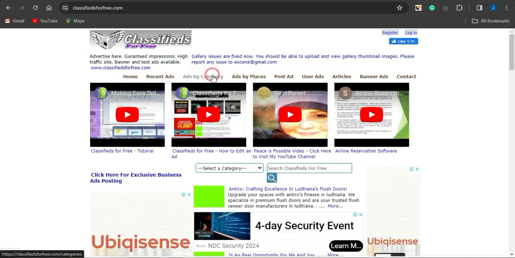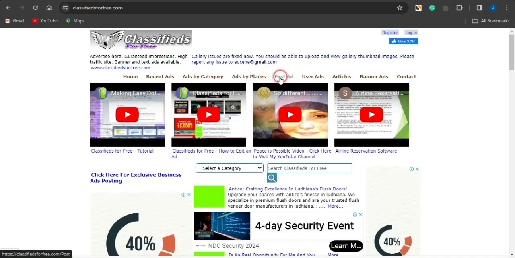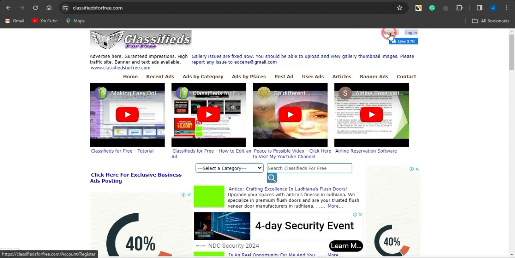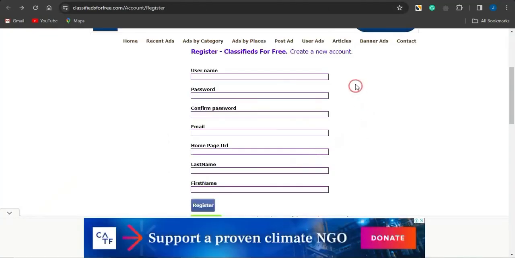You can see this section, ads by category, ads by places. For you to go on to posting your ad, click on post ad. You can see user ads, articles, banner ads, and contacts. But before you can post your ad on this platform guys, you want to just simply go on to clicking on register. If you do click on register, it's going to bring you to a page such as this,